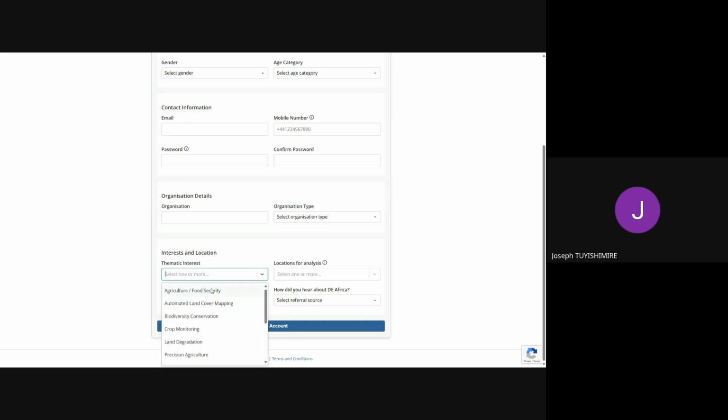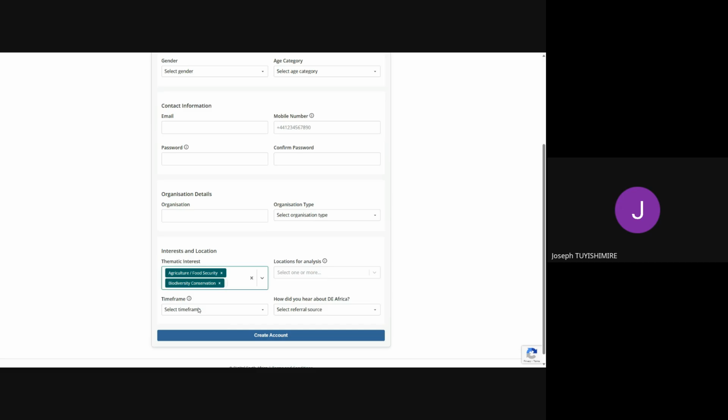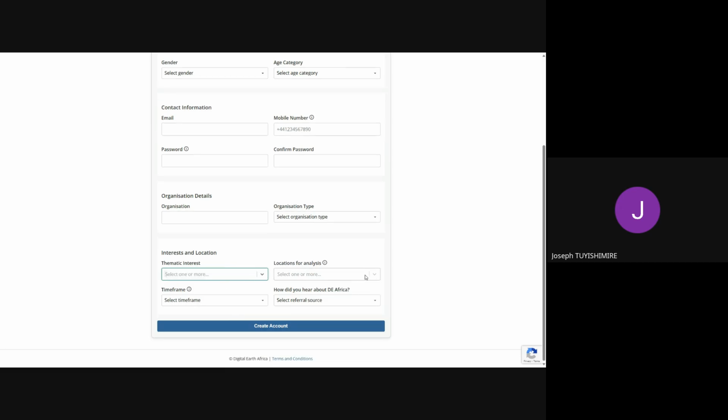Here you can choose many areas, not only one. You can choose as many as possible. Then you can put your location, at national level or continental level, the time frame that reflects your work, and how you heard about this.